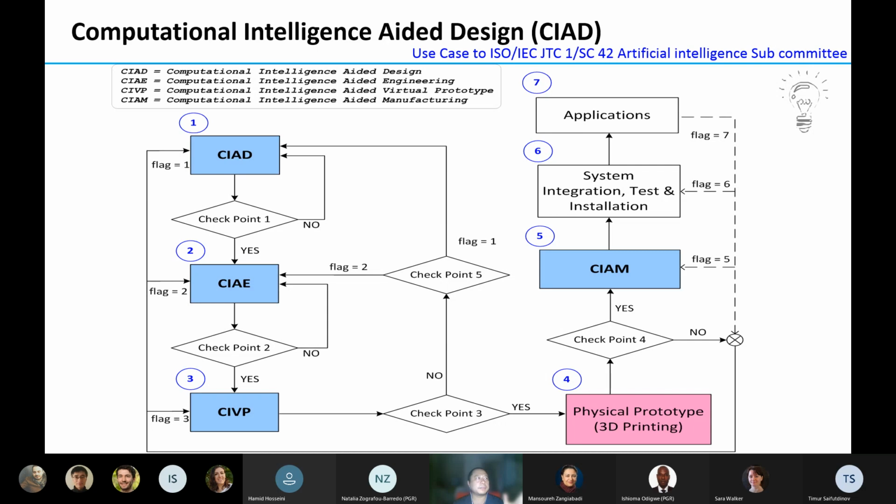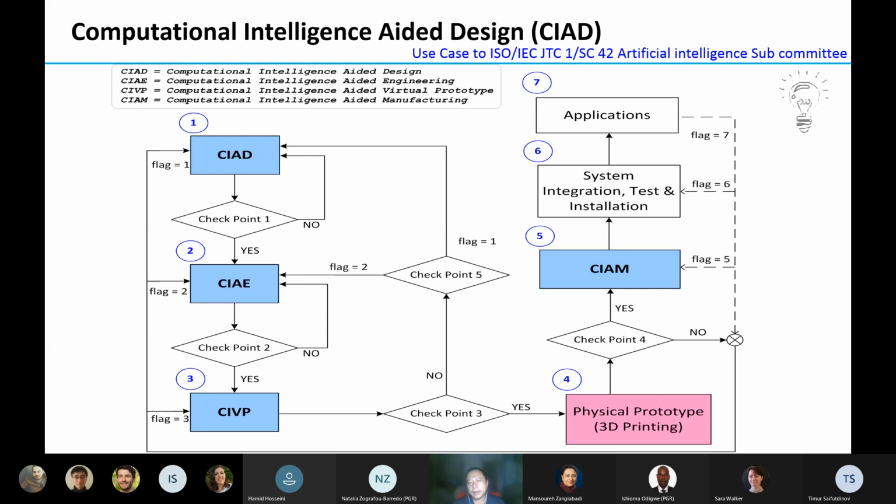When we have the modeling or design in the computer, a virtual prototype, and then the optimized design, it's time to build our physical prototype in block number 4 by using 3D printing technologies or other fast prototyping technologies, and then move on to CAM.